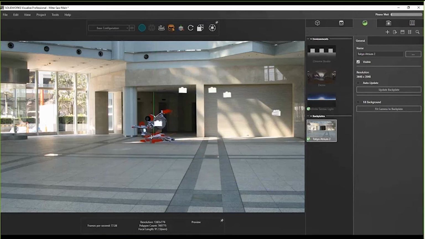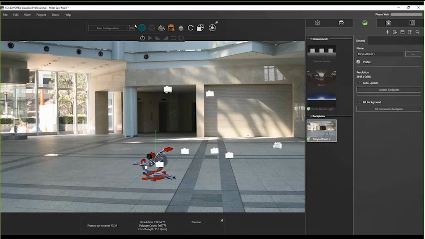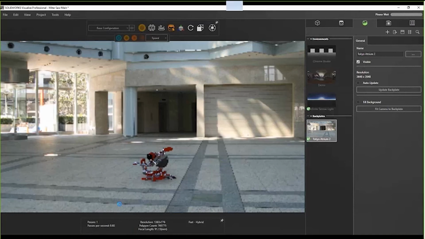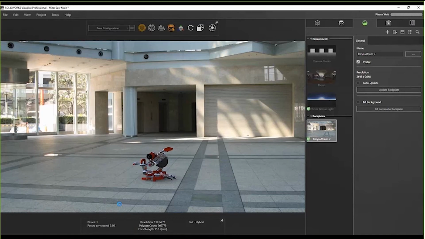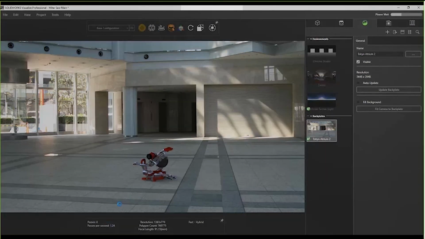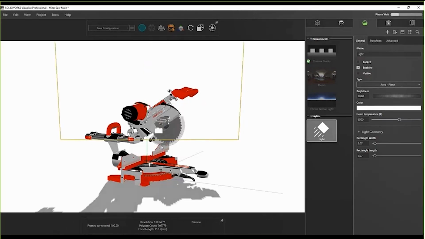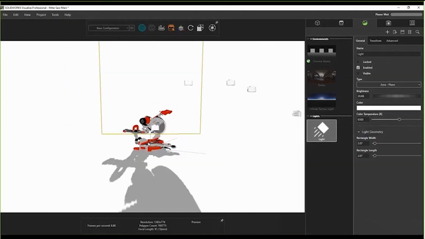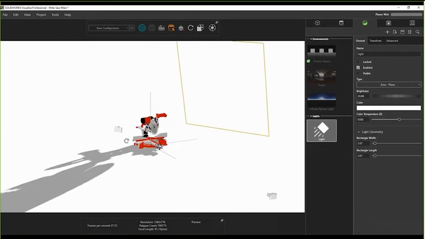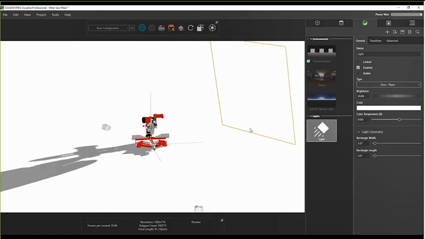Okay. So if you wanted to almost create your own HDRs, you could take your camera that's HDR capable out into the field, do that 360 spin, capture all that lighting, and bring it in here, right? But we can also add additional lights by either picking the target, picking the position, or saying, hey, I want the light to start from where my camera is, right? So I said pick position, and it actually went ahead and placed that light, that plane light,